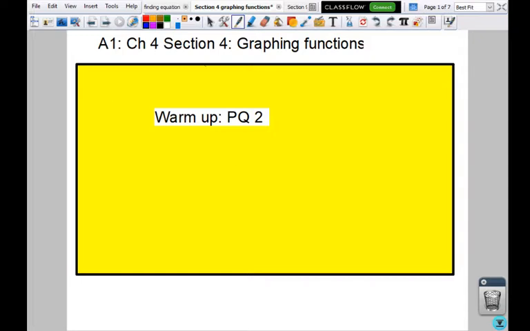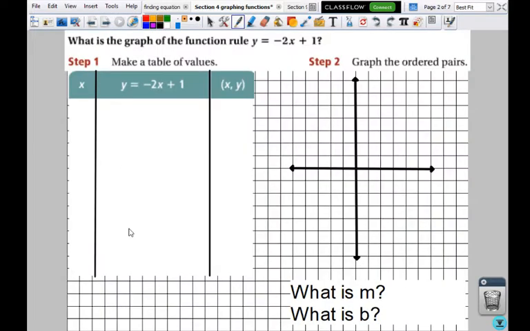Alright, so today we're going to be graphing equations still. Hopefully you guys are getting pretty good at this by now. At least the graphing part. Today we're going to be graphing though when we don't have a table, so we're going to make the table ourselves. So we're going to graph the function rule, and when it says function rule, that just means equation. Kind of another way to say it. The book really likes that phrase. I don't very much, but